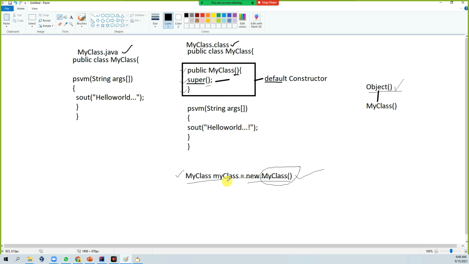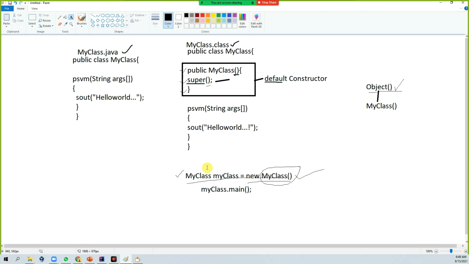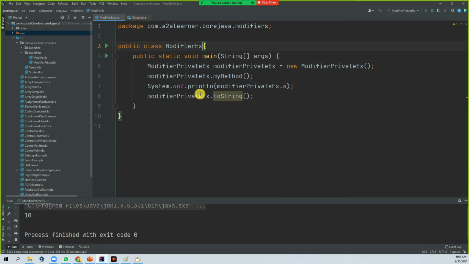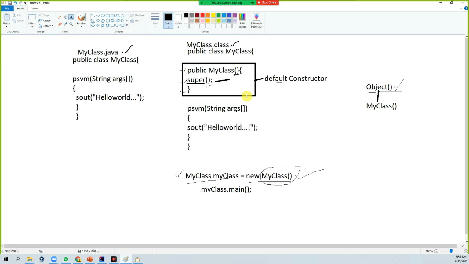The next thing is you can call a specific method. If you want to call MyClass dot, in our scenario the main method is there, so it will be invoked like this. This is the way it runs at the backend. So come back to your program. Here modifier is there. You have not written anything here, you simply concentrate on your logic, and at the backend it will be applied like this.